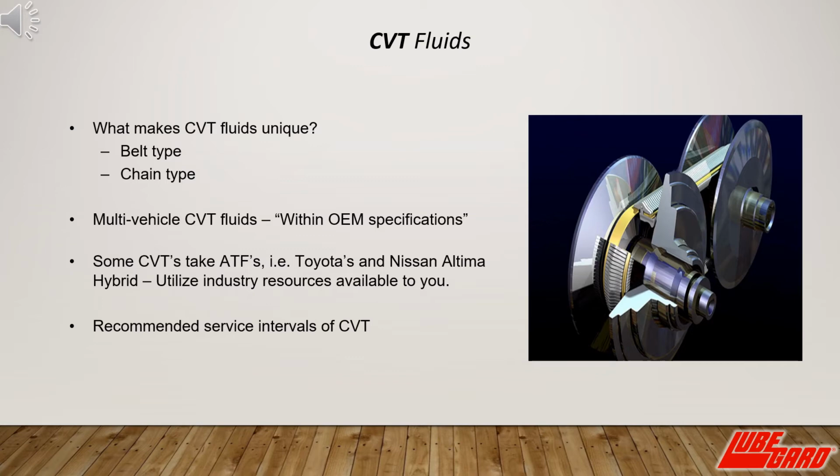Multiple vehicle CVT fluids are available. They must be within the OEM specification, which usually means that you have to use a CVT type fluid of the proper viscosity. Some CVTs take ATFs. Some Toyotas, Hondas, and Nissan hybrids will use ATF. Now, this allows the use of industry resources available for suitable replacement ATFs for those particular applications. Recommended service intervals for CVT depend heavily on type of duty and driving style. Additive depletion is a very big problem with current OEM CVT fluids. Properly maintained fluid levels are critical to reduce or eliminate foaming as fluids age, so it all, in the end,